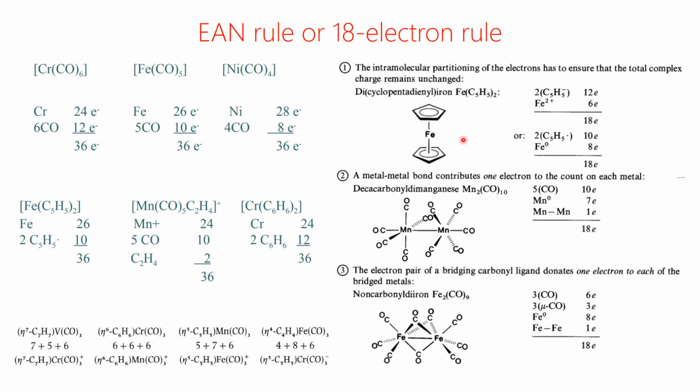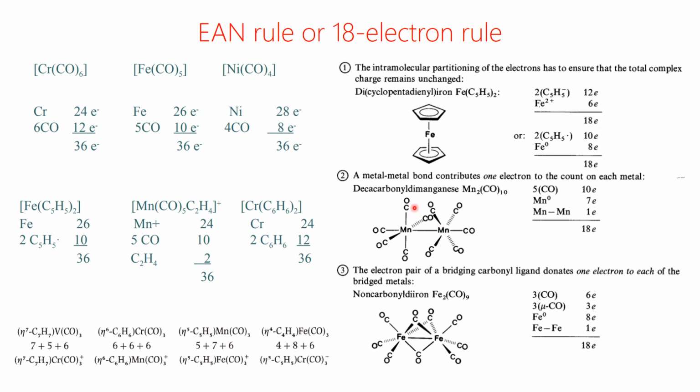Let's illustrate the 18 electron rule for ferrocene. Iron is in the +2 oxidation state, so it has +2, then it should have -1 and -1, and the compound becomes neutral. If you consider C5H5 as a negative ligand, it will donate 6 electrons. If you consider the C5H5 neutral, it will donate 5 electrons. So there are two ways to count the EAN: either you consider it neutral or you consider the anionic charge. These are the two methods to count the electrons.